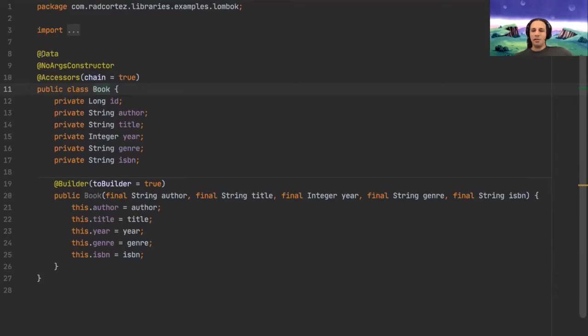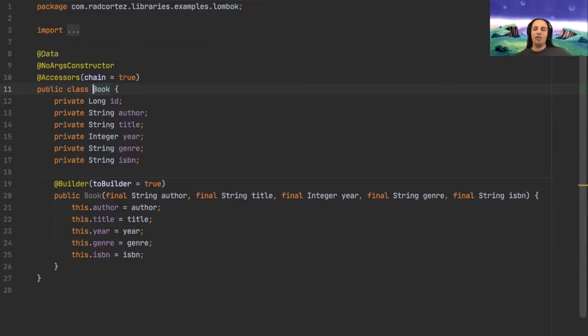Can't tell for sure. And I really didn't fall into any Lombok issue that I couldn't fix. Most of the times I'm able to work around them, but for most of the simple cases, it works very, very nicely. So the idea with Lombok is that you have a bunch of annotations that you put on the class, and those annotations are going to generate stuff for you